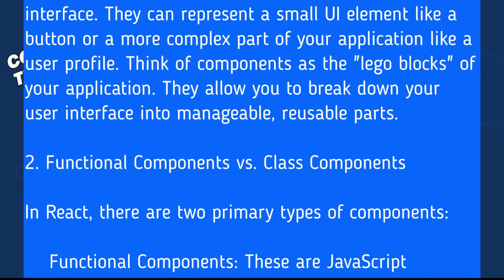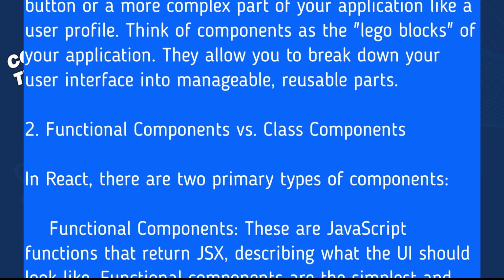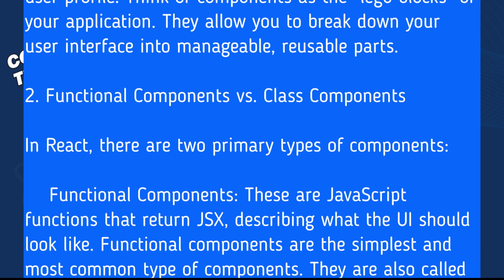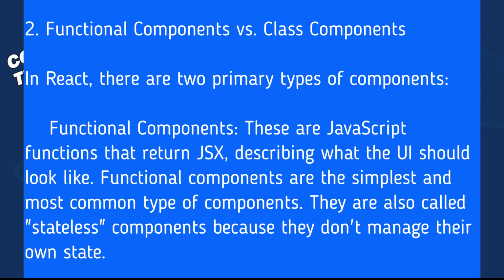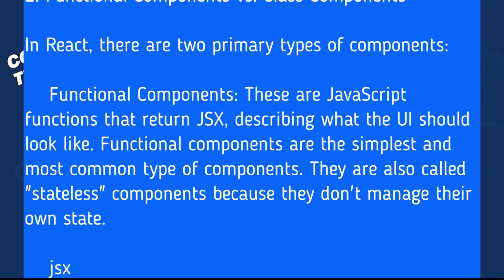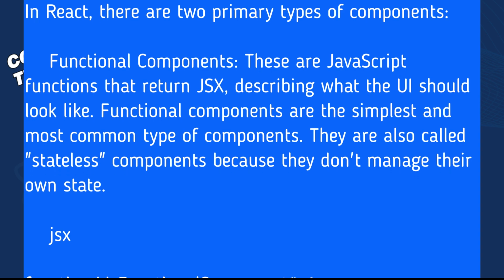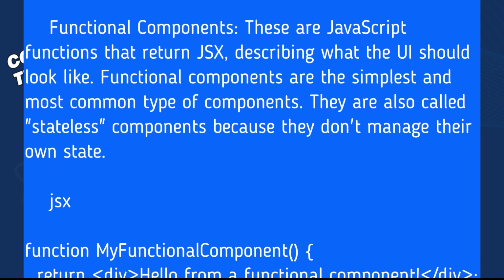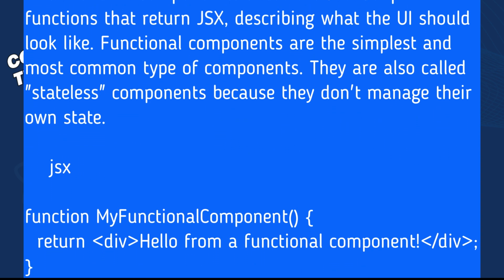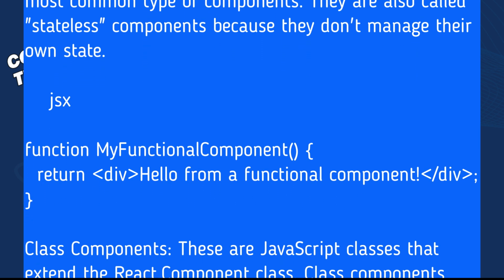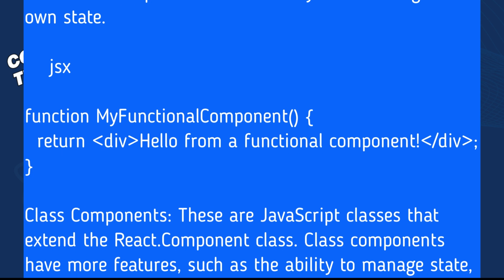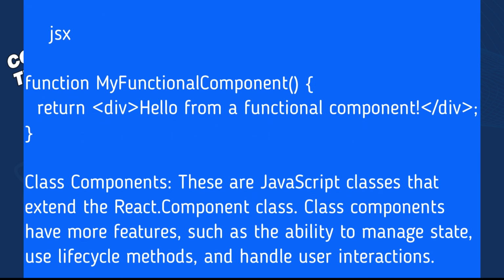2. Functional components versus class components. In React, there are two primary types of components. Functional components. These are JavaScript functions that return JSX, describing what the GUI should look like. Functional components are the simplest and most common type of components. They are also called stateless components because they don't manage their own state. JSX: function MyFunctionalComponent() { return <div>Hello from a functional component!</div>; }